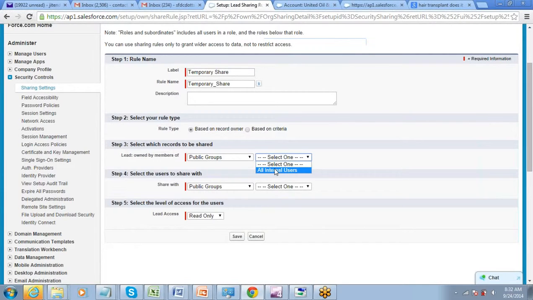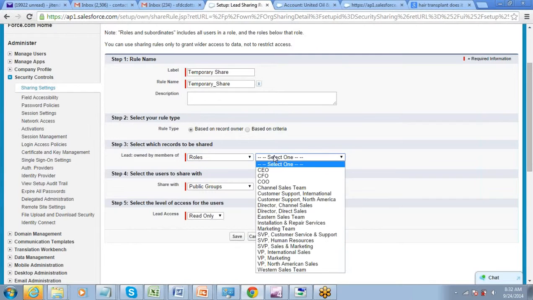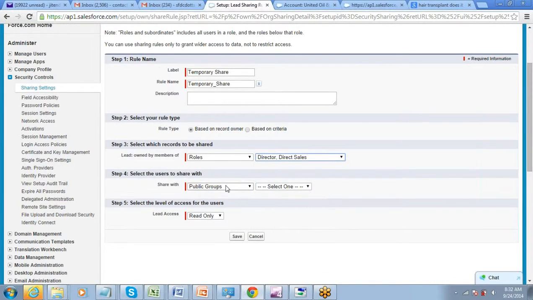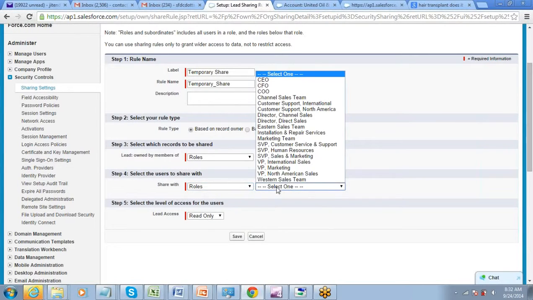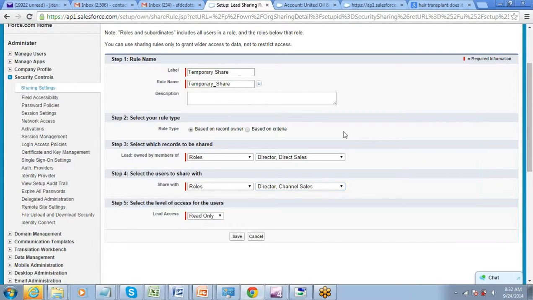For example, you want to share the data of director of direct sales with director of channel sales. We do not have multiple users at this point of time. That is the reason why I'm just taking the rule.